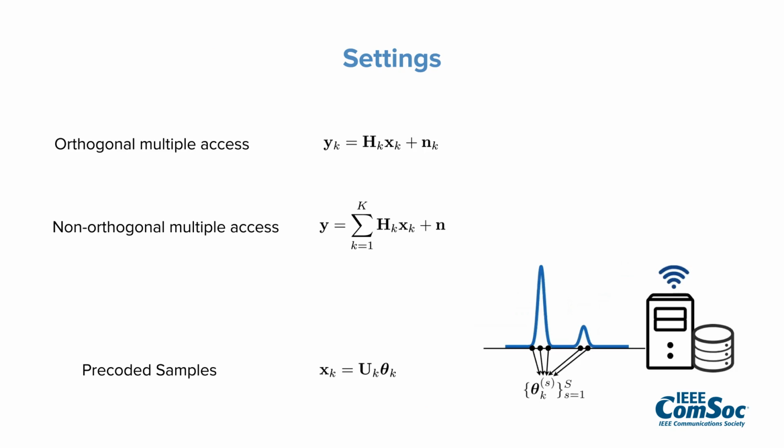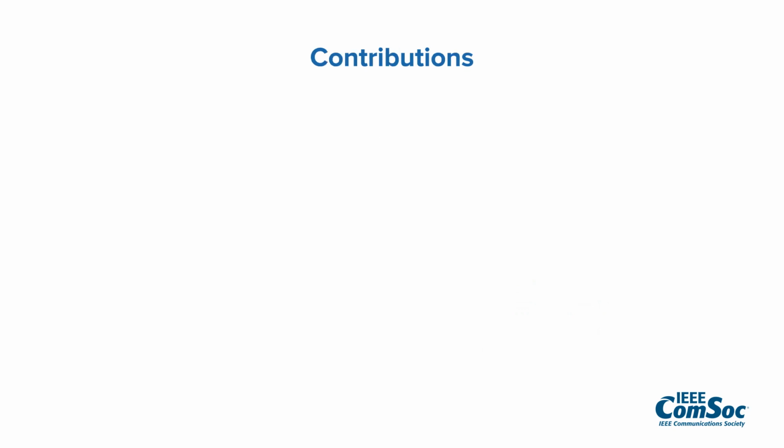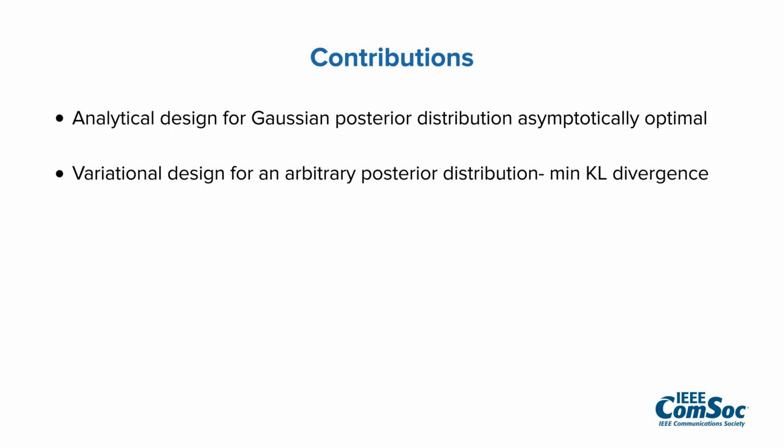This work considers both orthogonal multi-access channel and non-orthogonal multi-access channel. For a pre-coded sample theta k, which corresponds to the different local posteriors, the weight matrices are designed to approximate the true posterior distribution under the contamination of the channel noise. The contributions of this work include two parts. First, considering the local posteriors following Gaussian distribution, this work proposes an analytical approach that is asymptotically optimal. Then, to cope with an arbitrary distribution, it introduces a variational design that aims at reducing the KL divergence between